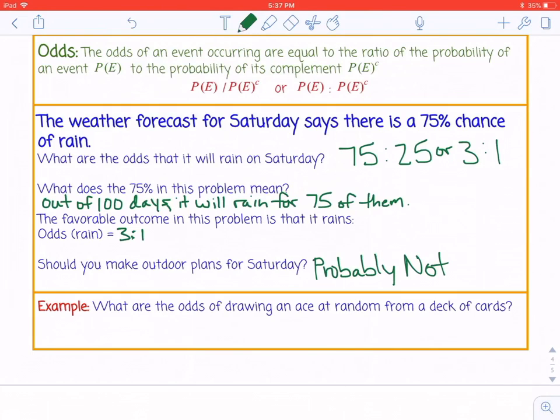And then what are the odds of drawing an ace at random from a deck of cards? So the odds of drawing an ace at random are 4 to 48. Just think of, you have 4 chances to draw an ace. You have 48 chances to not draw an ace. So it's